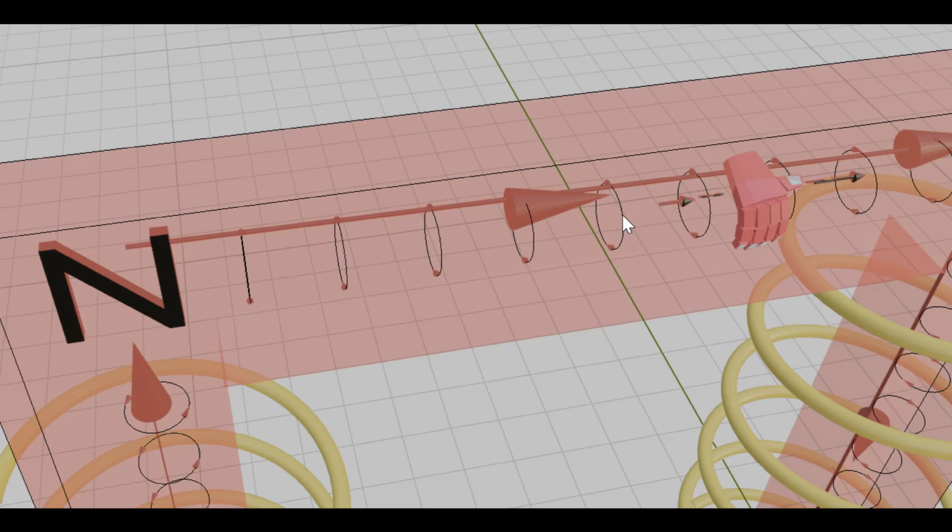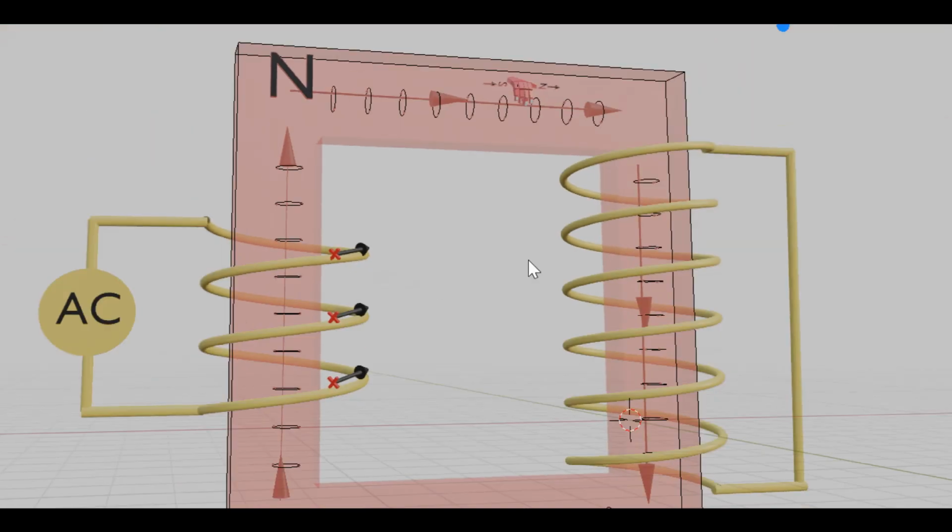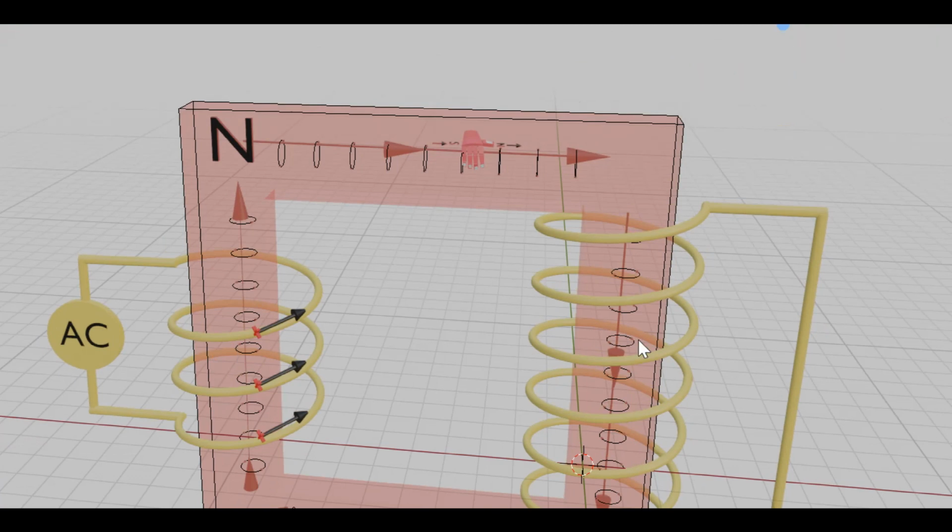Now that's annoying for a transformer because we're trying to transfer energy from this primary coil to the secondary coil and then attach a load to it. If we lose all this energy from currents in the core, well, that's just wasted energy. Because of course, once you have a current flowing in this core, those charge carriers are colliding with the atoms in the material and energy is being transferred to the atoms as heat. So that's useless. So what we do instead, we laminate